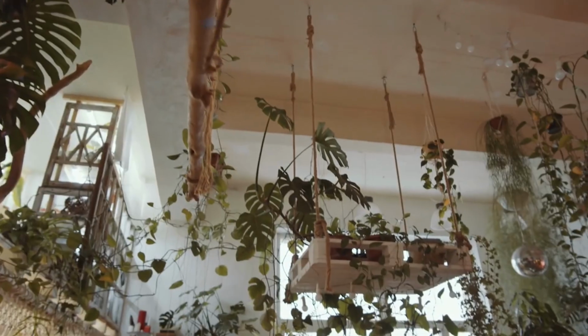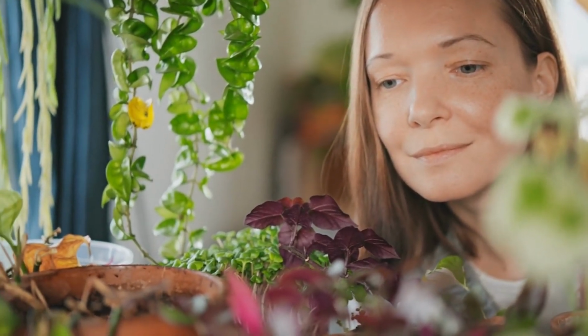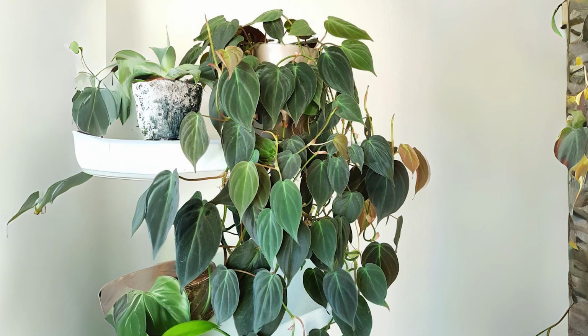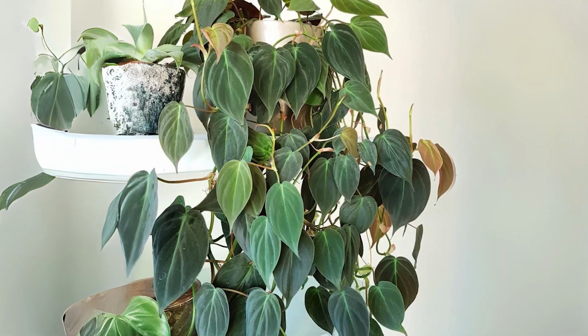If you're craving that lush tropical vibe but don't want to wait ages to achieve it, we've got you covered. Check out these super cool plants that grow bushier and lusher in no time. First up, the Heart Leaf Philodendron is your go-to for quick lushness thanks to its rapid growth and cascading vines,